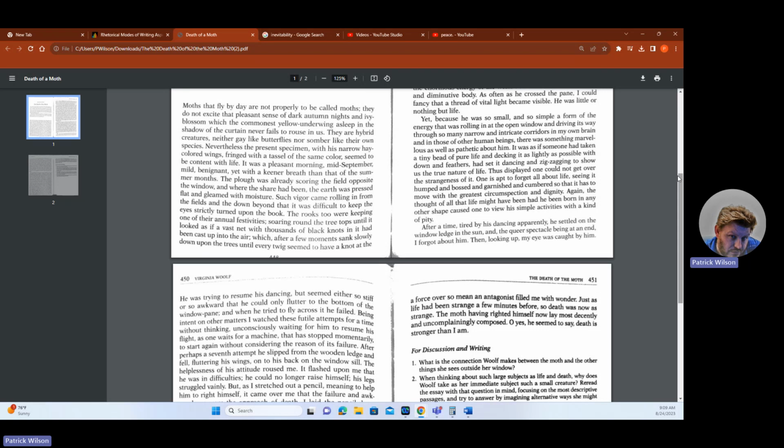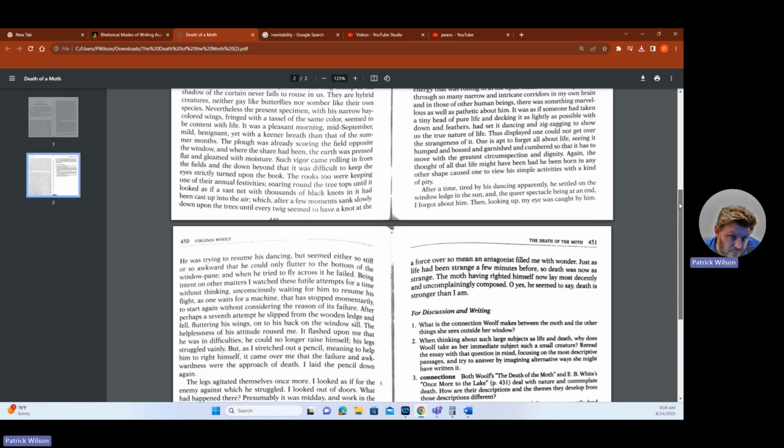Of course, when we see the moth, we realize this is probably not the beginning of the moth's life. It's probably starting in the middle of where we're at as it relates to the moth's life, and we see eventually its demise. It can no longer get out of the house.